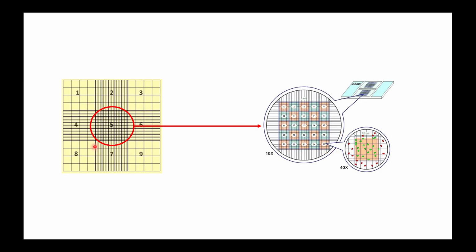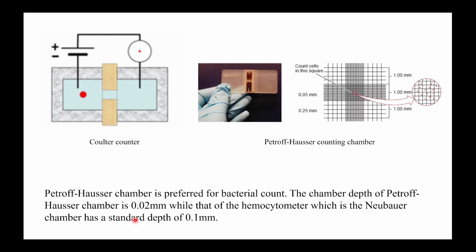This whole fifth square, which is 1 mm by 1 mm, has 25 tiny squares, you can see here. In each tiny square, we'll count the number of cells, take the average, and divide by the volume. So that is how we count the number of bacterial cells using this chamber. And one small square's dimension is 0.2 mm, and its height is 0.02 mm. Okay,